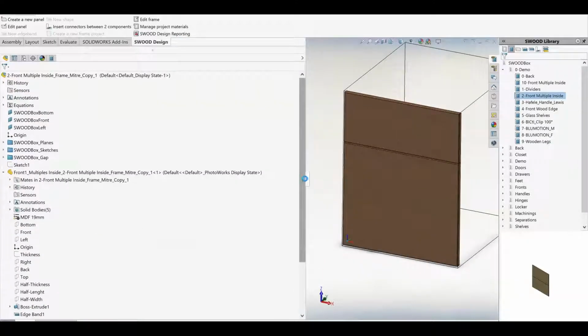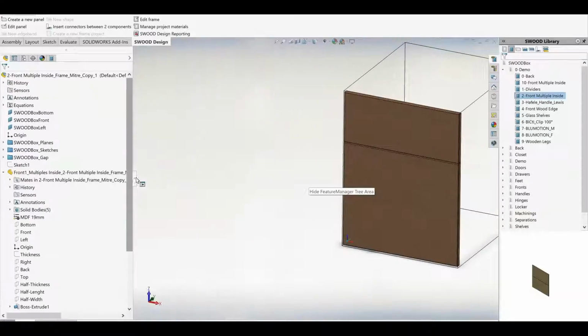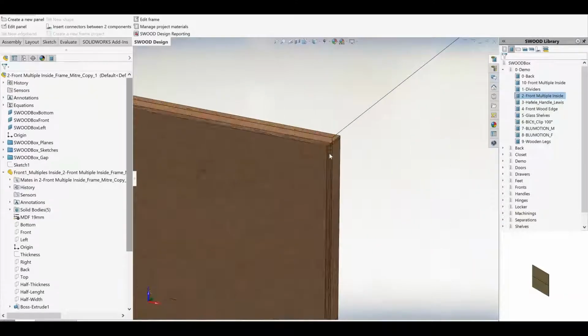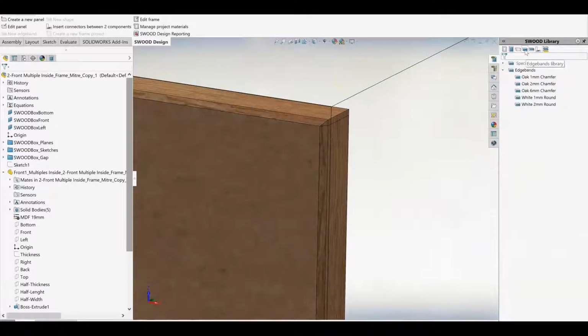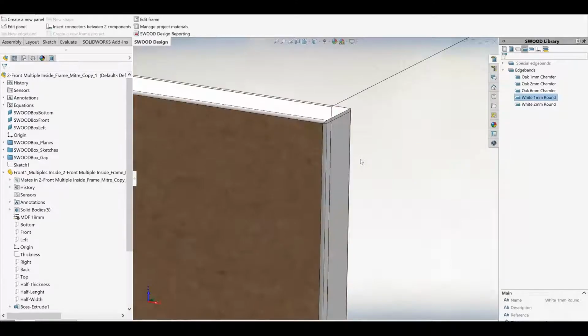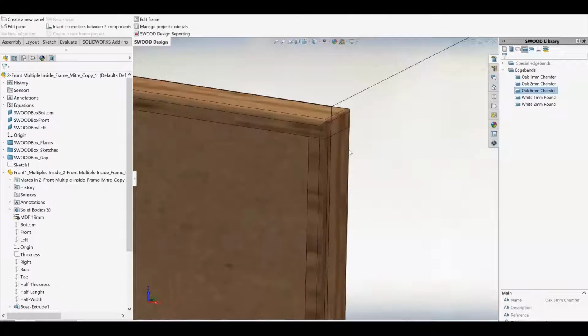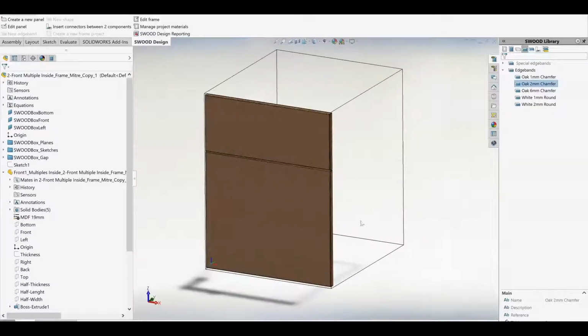Opening the fronts up in their own little window, we can quickly have a look at some edge bands. Making use of the Edge Bands tab, we can simply drag and drop the edge bands to either the subassembly or individual components. We'll be making use of a 2mm oak chamfered edge band, and as you notice, the actual panel's thickness updates